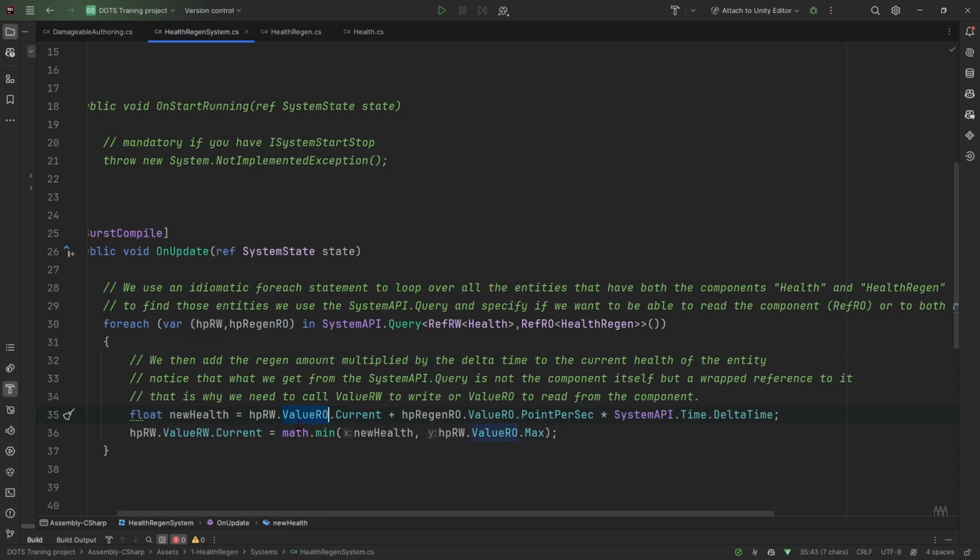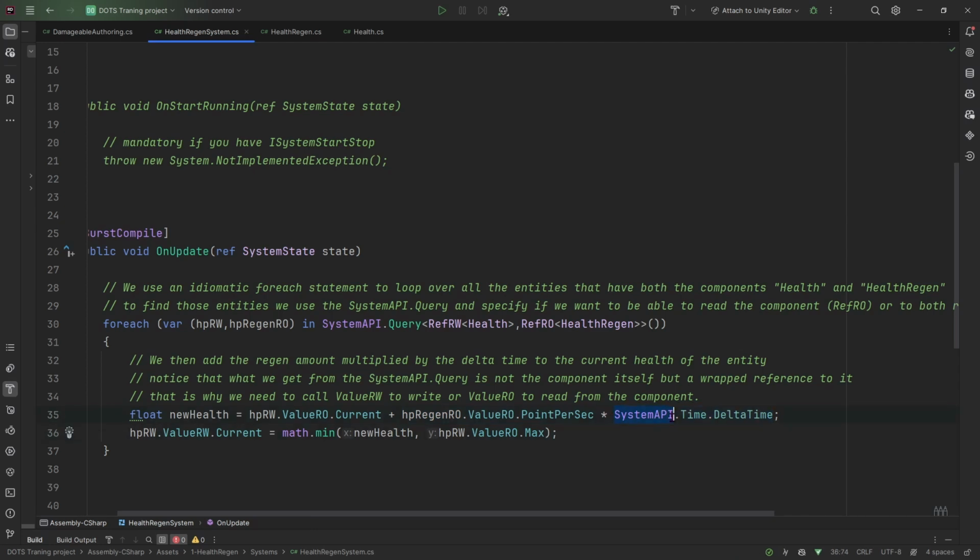We have to use either ValueRO to get the read-only value, or ValueRW to get the read and write value, so to be able to write to the value. And basically here, all I'm doing is defining the new Else for the entity to be the current Else plus the number of points per second that it should recover times the time that's been elapsed.